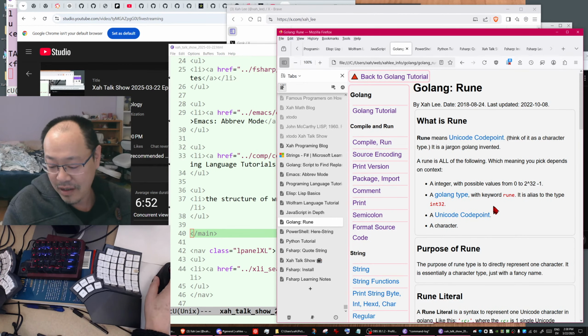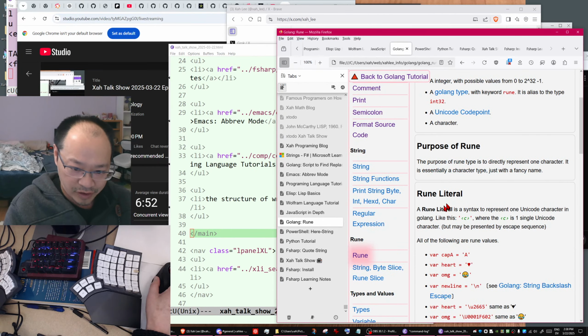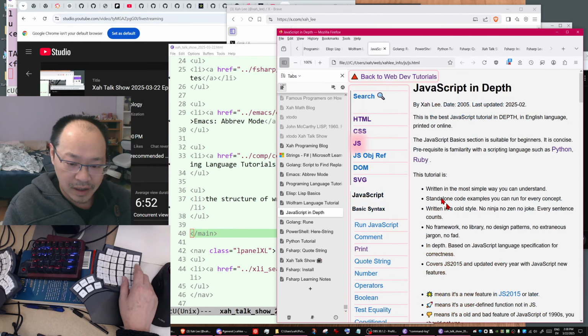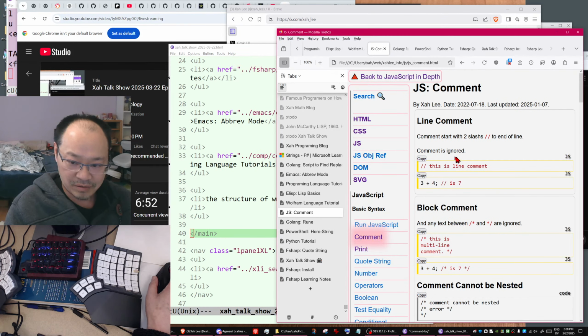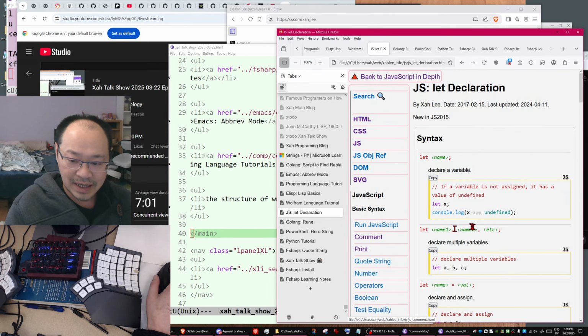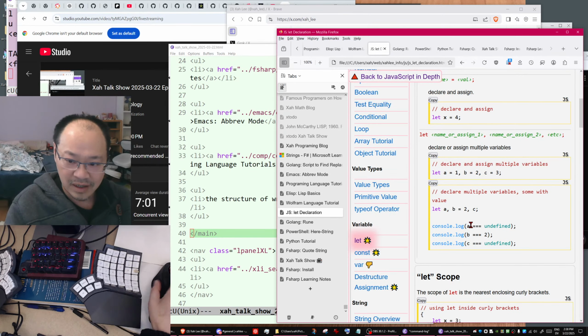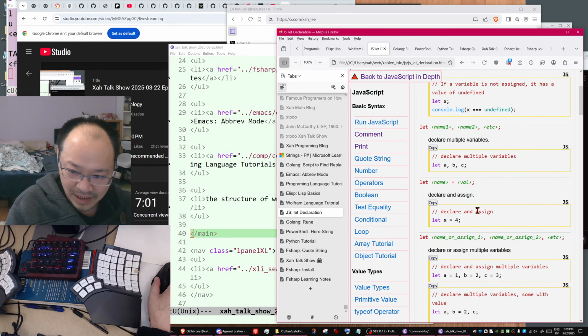Okay, so another characteristic of my tutorial is that there are always examples for every concept. For example, let's say comments. You got block comments, then there's an example for it. So comments, then data structure, let, variable declaration, exactly. So there's no nonsense. Every concept has an example. No nonsense, no jargon, and no